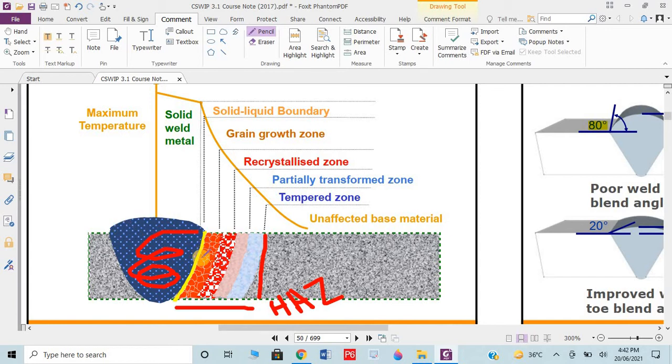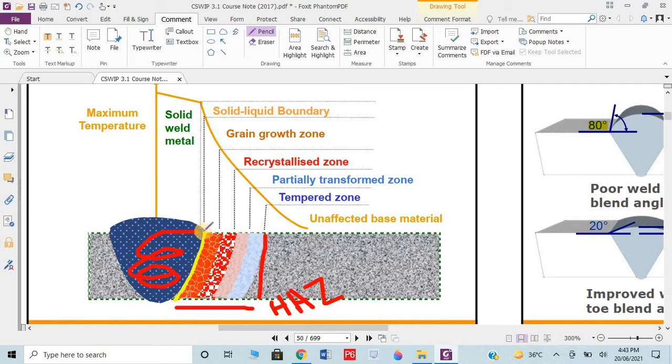Now I called it HAZ. The HAZ area is the area which can be affected by the actual welding, and metallurgical effects can change. In the paper you can say in the HAZ area what could occur: metallurgical effects change, or the weld could crack, or heat metal could be deposited, etc. Then simply tick the metallurgical changing. Also they can ask which boundary differentiates the HAZ area and the weld metal area. Then you can say fusion boundary, this is the fusion line.